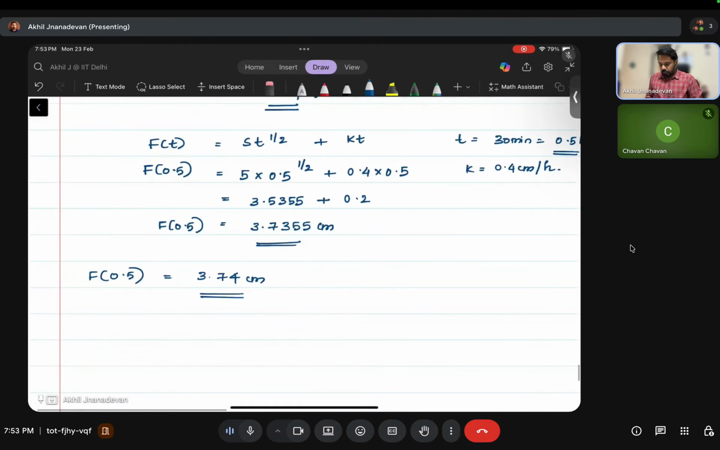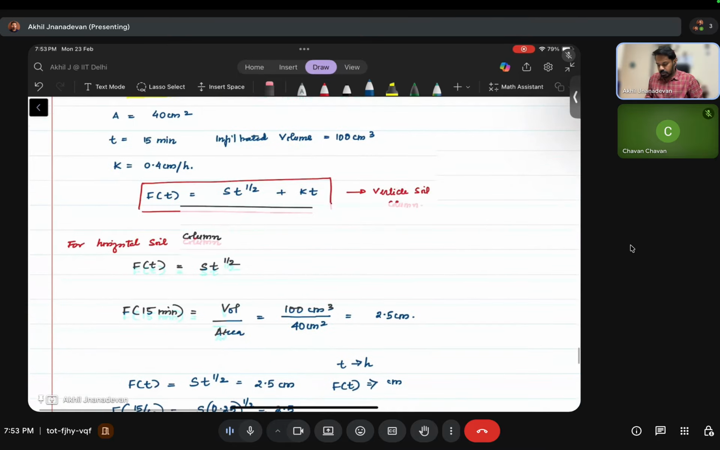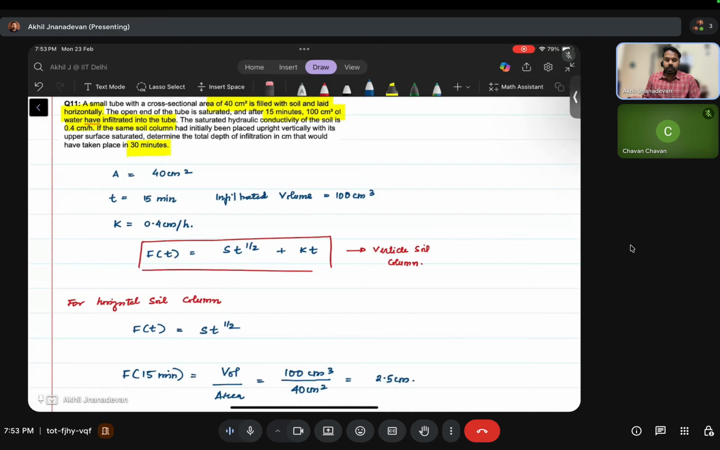So the only thing you have to remember is the Phillips equation. The advantage is that it can be applied for a vertical column and also for a horizontal column. When we apply it for a horizontal column, the gravity term vanishes. So we already saw what are the two terms involved. It will already have the suction term. And using the suction term, we can find the parameter, sorptivity. We can use that same parameter for the vertical column. If we know the hydraulic conductivity also, we can find the depth of infiltration happening, or cumulative infiltration happening, at any time. Okay,